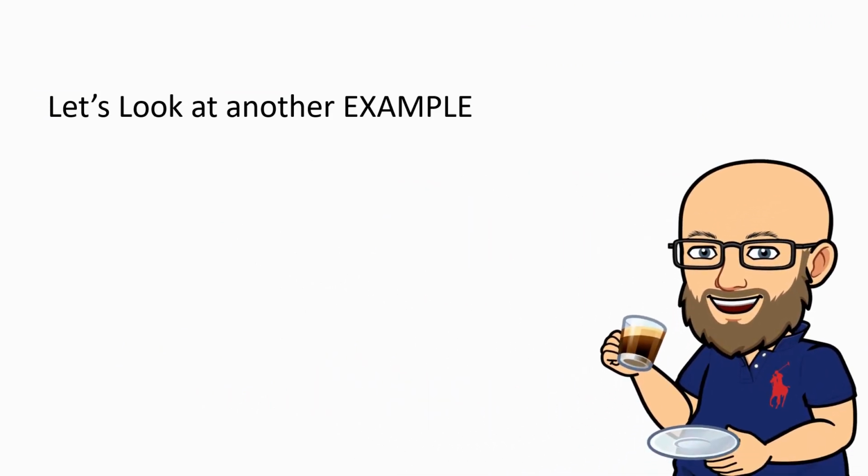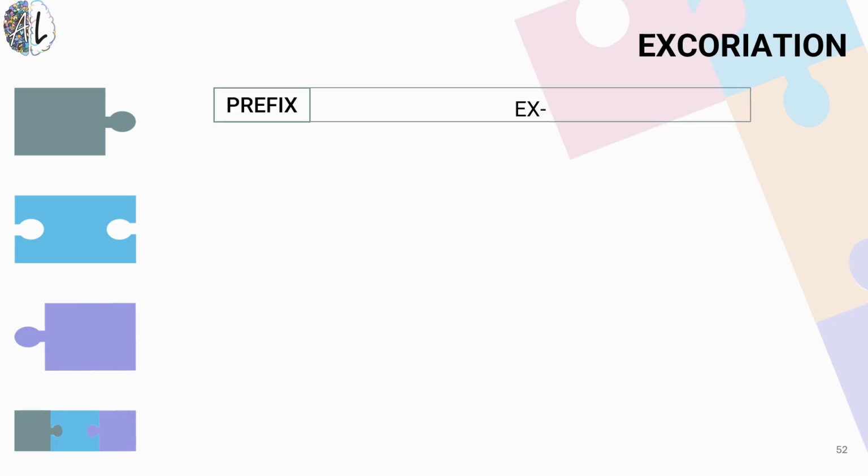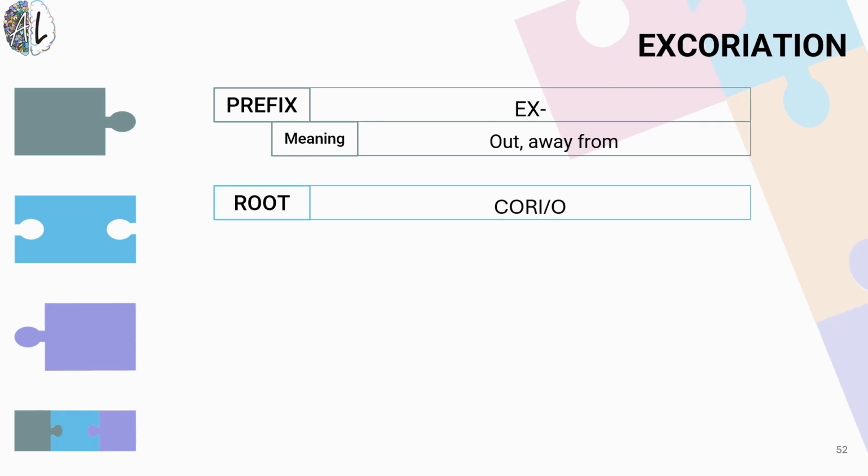All right, let's do another example. Excoriation. Excoriation is the word. Go ahead and see if you can break it down yourself first, and then we'll go over the solution together. All right, so there is a prefix in the word excoriation, and that is the EX or X portion, which means to be outside or to get away from something. The root term here is choria, which refers to the